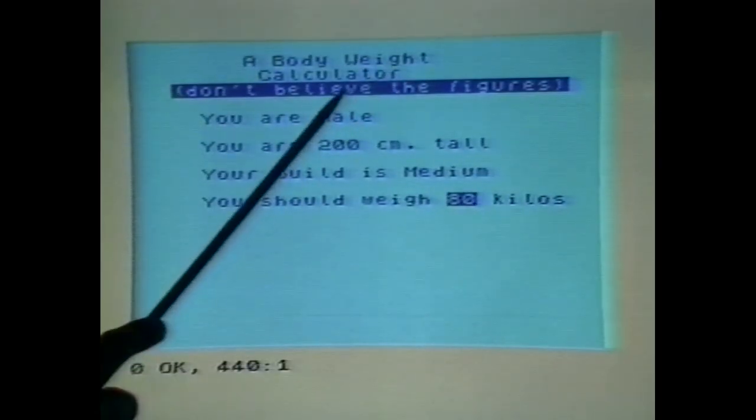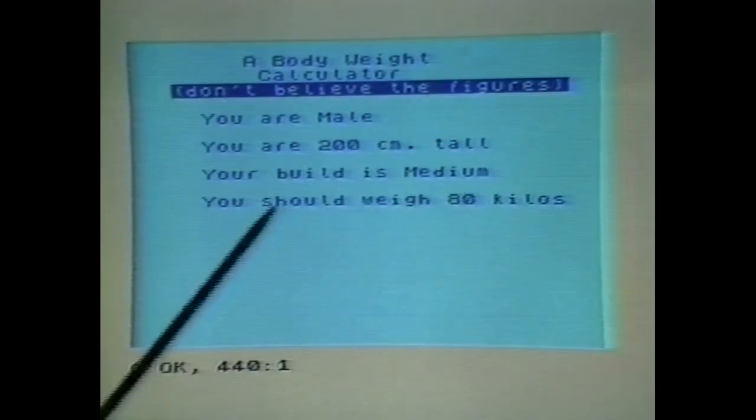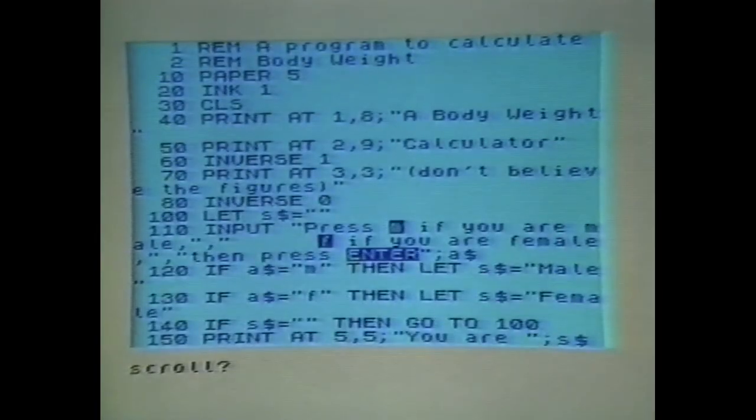Well, that's what the program does. Let's now take a look at the statements we used to do that. If we list the program, we can analyze the statements we used. Paper and ink we've seen used before, simply setting the paper and ink color. Clear the screen. So let's look at these 2 print statements, which printed the very first 2 lines of the